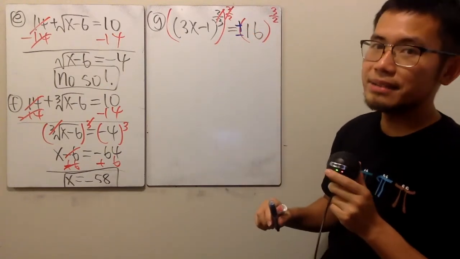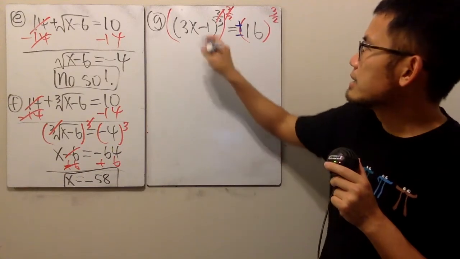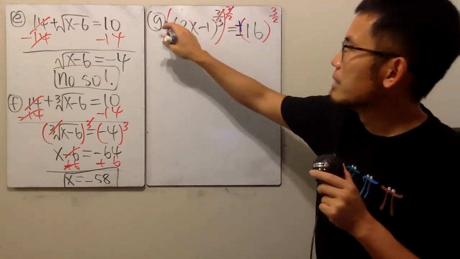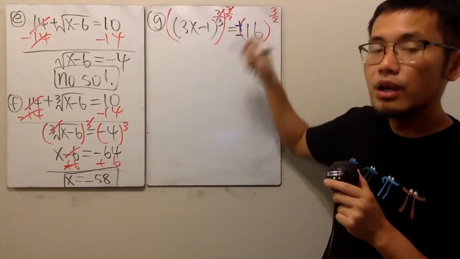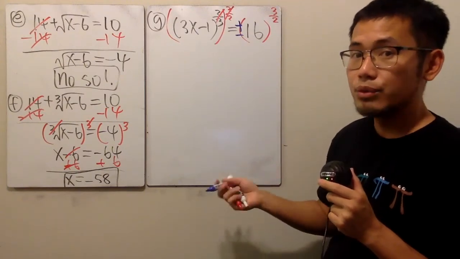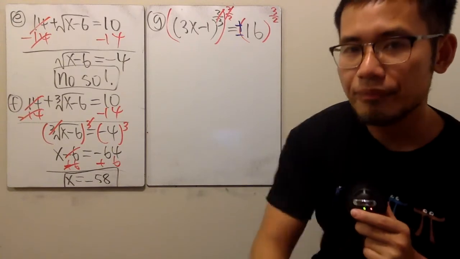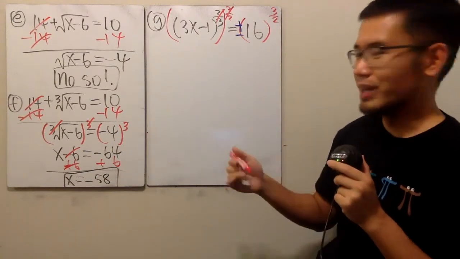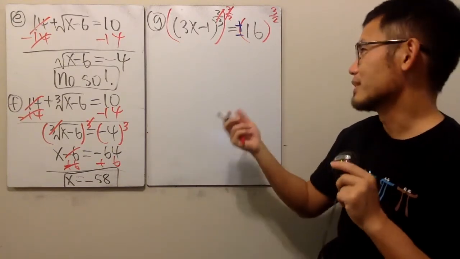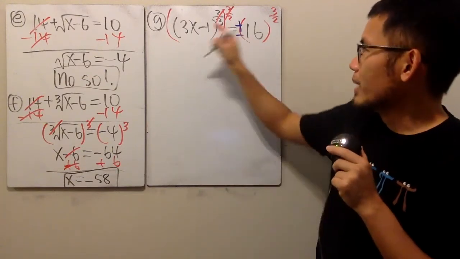Don't forget about that. Again, the reason why is when you have the 2 right here, just think about it as take the square root. When you take the square root, you will have to do the plus minus. So this right here is a quick way to do it, right? I will show you guys a long way to do it after this, if you would like. Anyway, this right here,